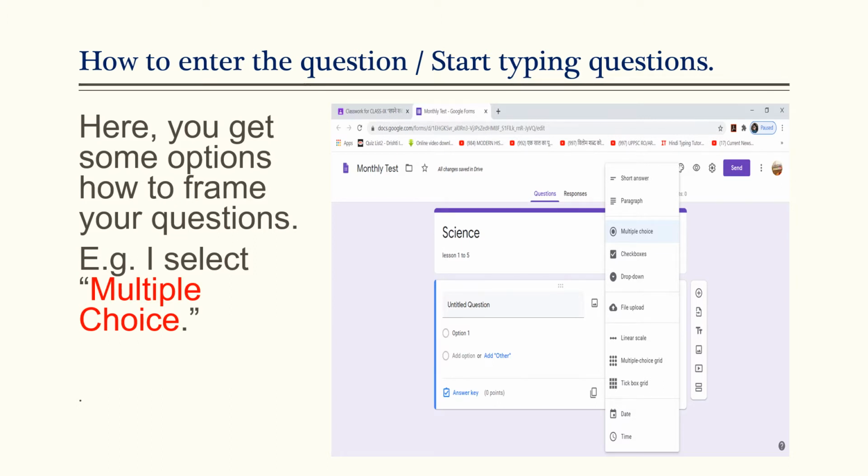First, you can choose a multiple choice question. You can see there are some more options like short answer, paragraph, and other things. As per the requirements of your question paper, you can choose.